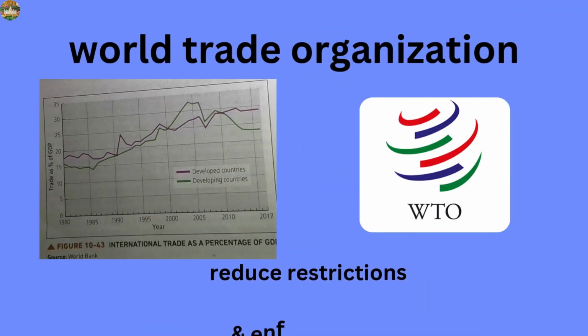Created by countries that account for 97% of global trade, the World Trade Organization was established in 1995 to promote the international trade development model with two main approaches. Reduce restrictions. The WTO works to eliminate international trade restrictions on manufactured goods like government subsidies for exports, quotas for imports, or tariffs on exports and imports, and to eliminate restrictions on the movement of money by any means such as banks, corporations, and wealthy individuals.